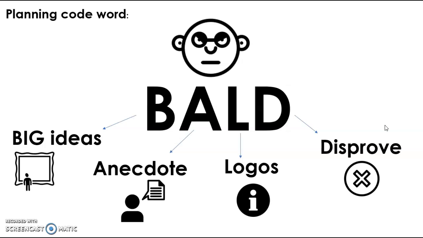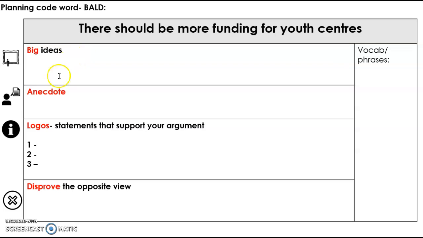So planning out, just try to think what might somebody who disagrees say. Someone who doesn't want more money spent on youth centres, what would their reason be? Try and put yourself in their shoes. And once you've thought of what their reason would be, what could you say to prove them wrong in a polite and appropriate manner? So again, as I say, all I suggest is that you write those 4 letters down